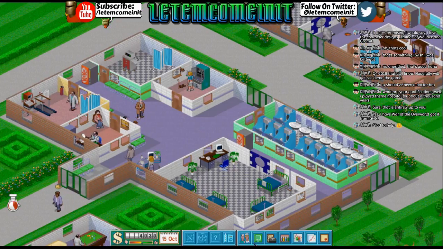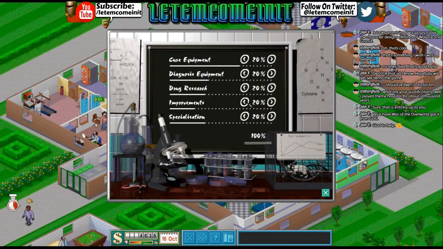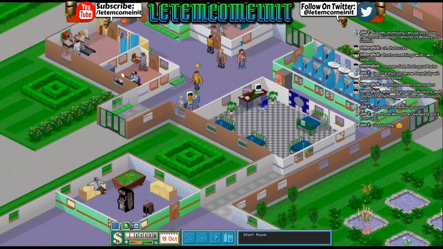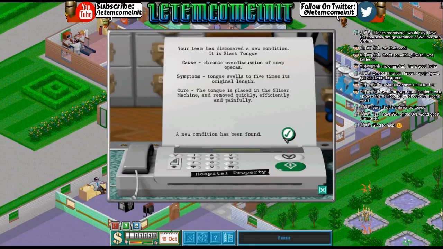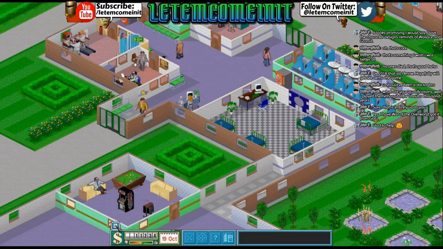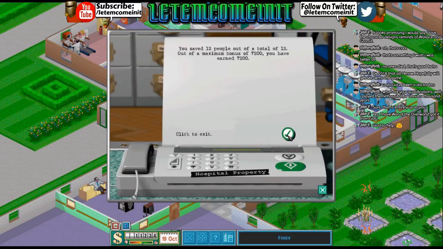We're going to need a slack tongue clinic. What's going on with the research? This is what's going on with the research. We're not going to be able to cure this person. Whoa! Someone just died. And they've gone to hell in the top right hand corner. Slack tongue. We don't have anything we can help you with, love. We're going to send you to the research department. And they're going to...